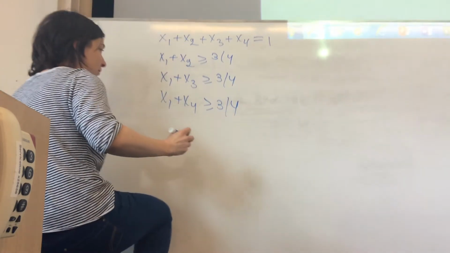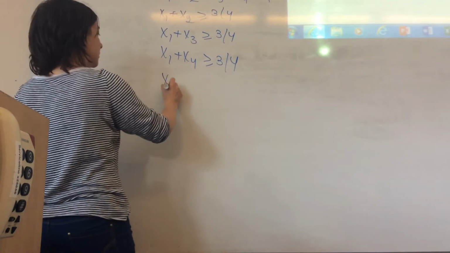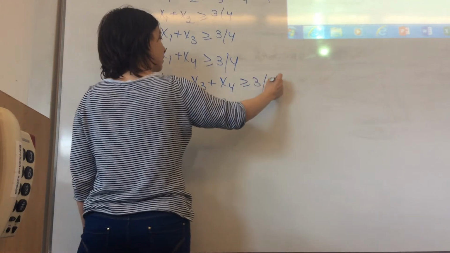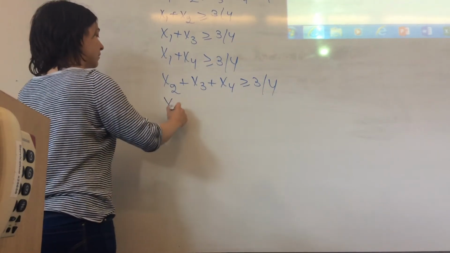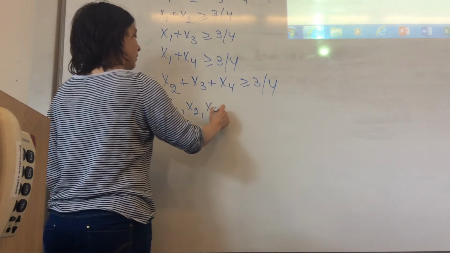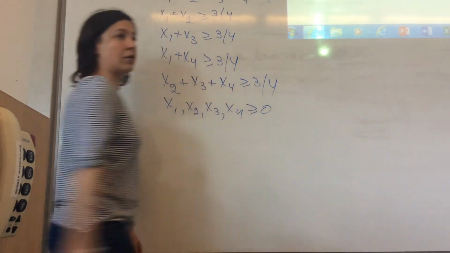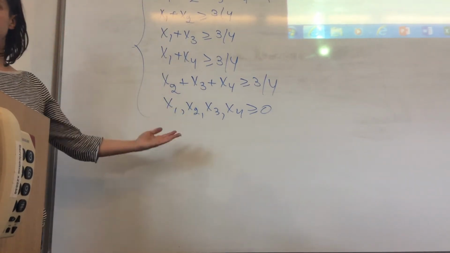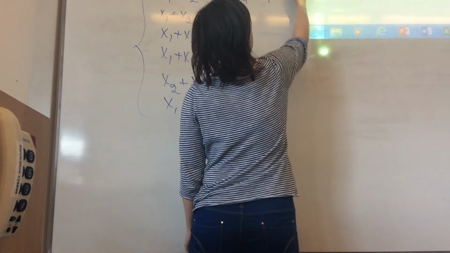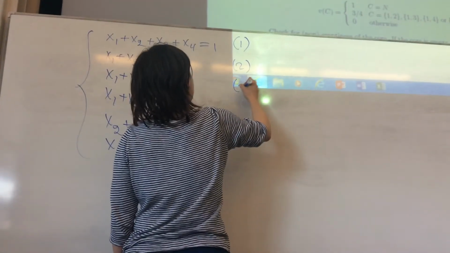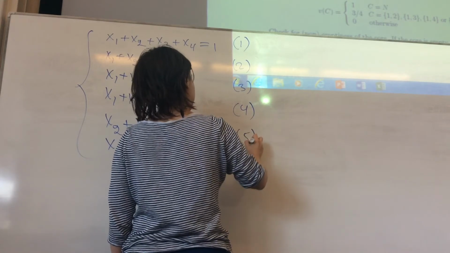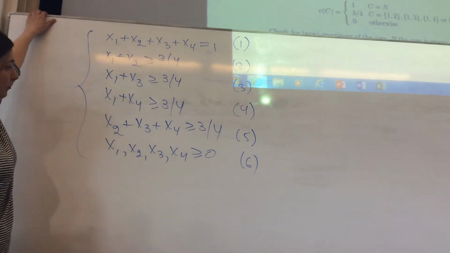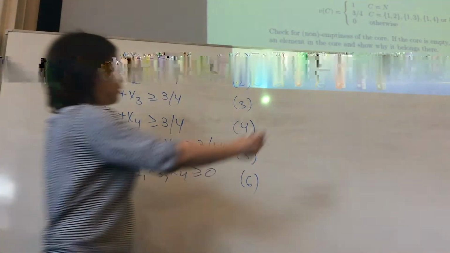And x1, x2, x3, x4, all of them non-negative. So any element in the core has to satisfy this system. Now let me call them 1, 2, 3, 4, 5, 6. Now from 1 and 5,